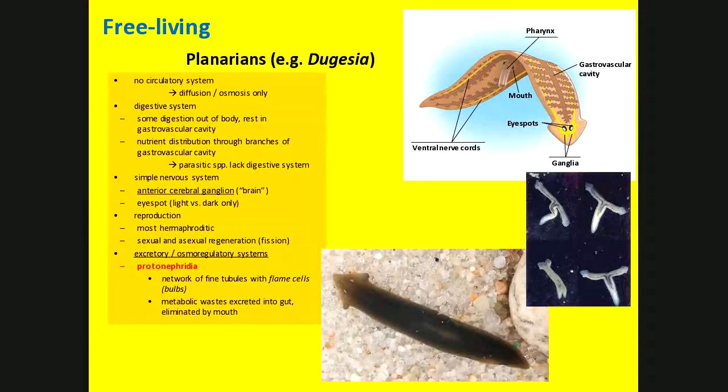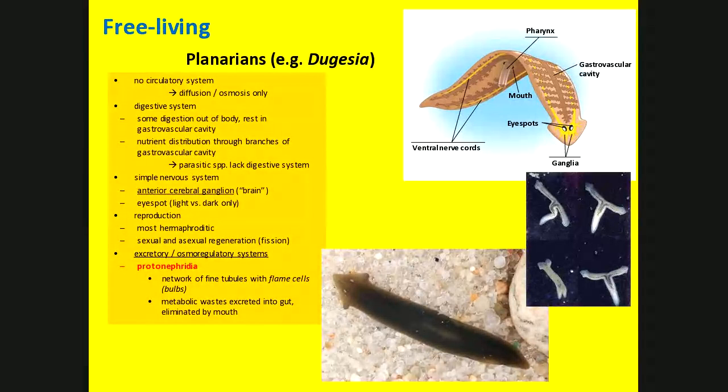Their excretory and osmoregulatory system. Well, first of all, let's figure out what an excretory and osmoregulatory system is. Excretory is getting rid of waste products. Your kidneys would be part of your excretory system. Osmoregulatory system is making sure you don't absorb or lose water, right? So depending on what kind of environment you're in, if water is moving into the body, you want to have like those contractile vacuoles, right? You want to have some way to get rid of that.